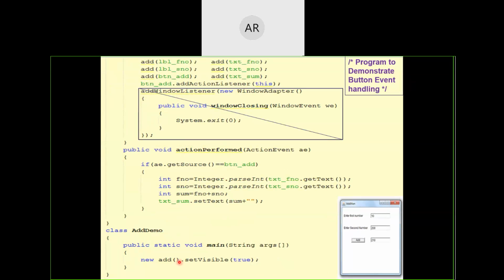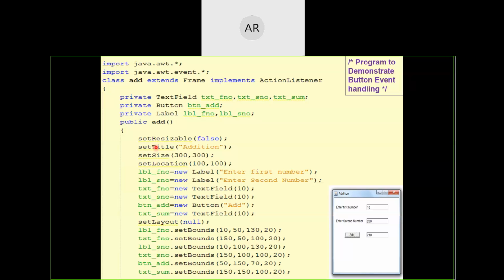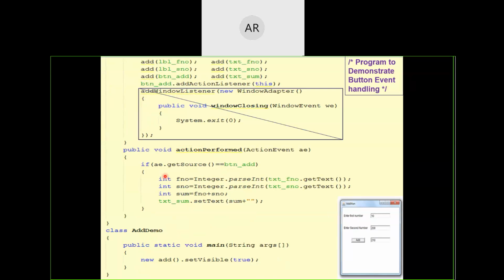Just after the object creation of Add, keep a semicolon. That's it. Once the object is created, the constructor gets called and we perform all the activity within the constructor. If you have a look back, we are doing all the activity within the constructor.